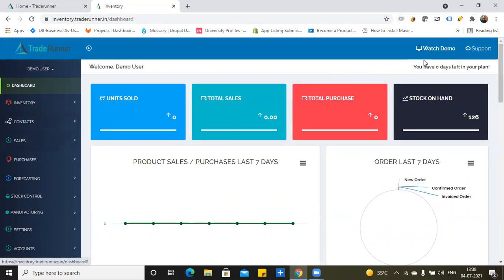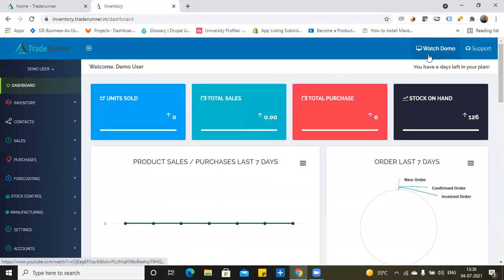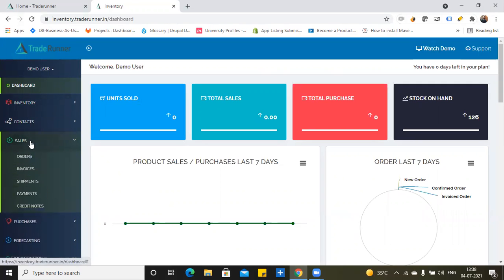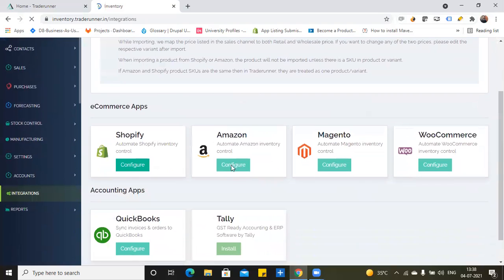And basically your setup has been done, because the continue setup tab has now gone away. That means whatever you had to set up, you have done. If you have to import anything from your e-commerce stores, let's say Shopify, you can configure here and give the details.